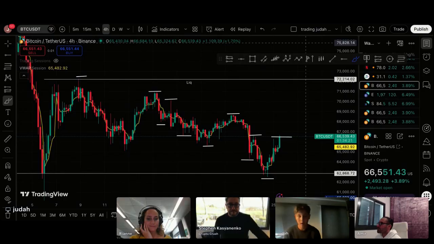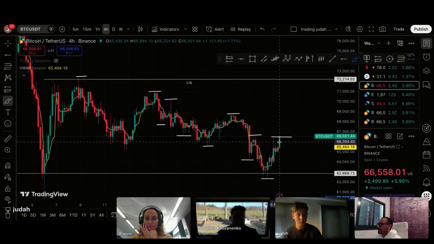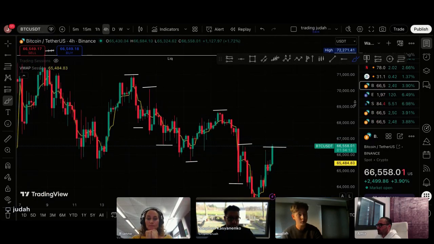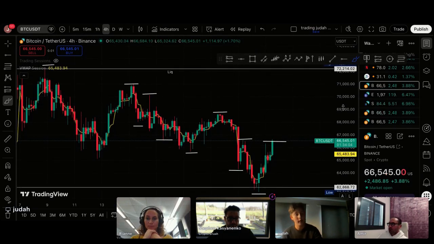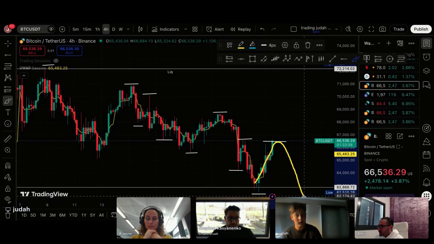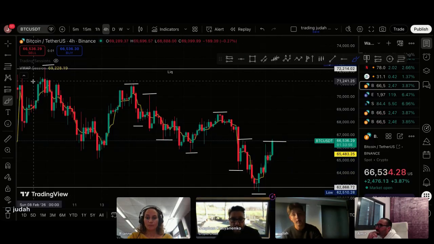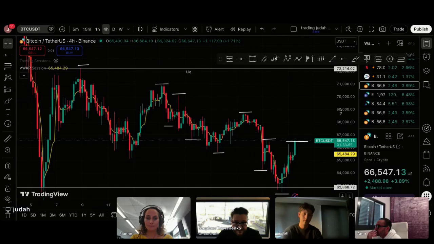So right now, I will be looking for shorts in this zone. Most likely this is also a great short area because just looking at the market structure, I see, okay, hey, the lows are getting lower each time. And the trend is your friend till the end. So most likely this is just again a lower high and we're going to make a lower low again. What do you think? I agree with you because we've got a lot of resistance up top,